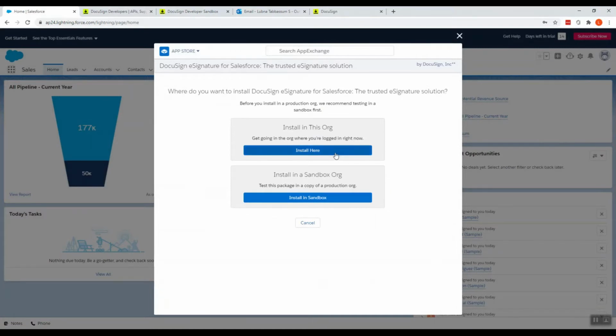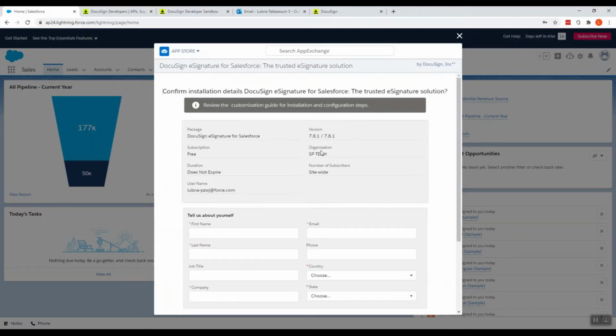I would click install here, but you can click on the install in Sandbox button to test this first. You can enter all your details.